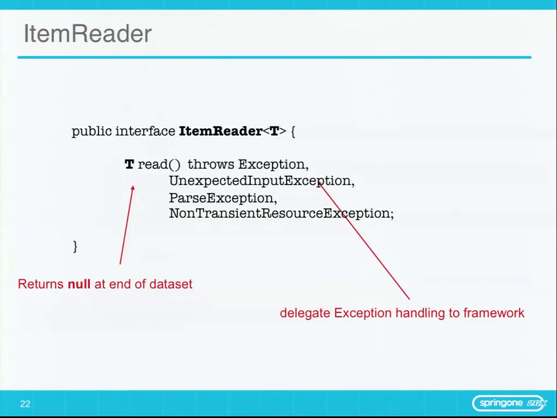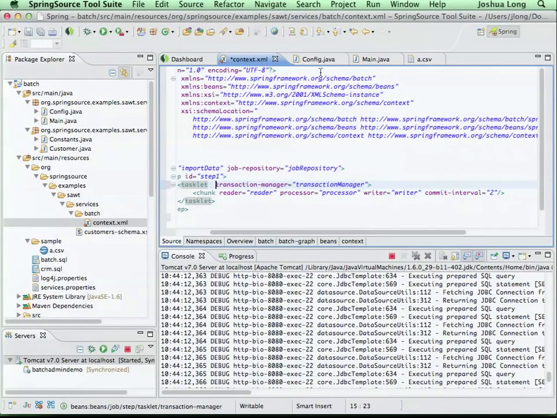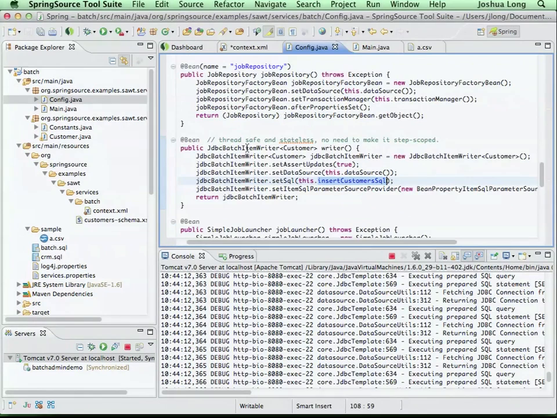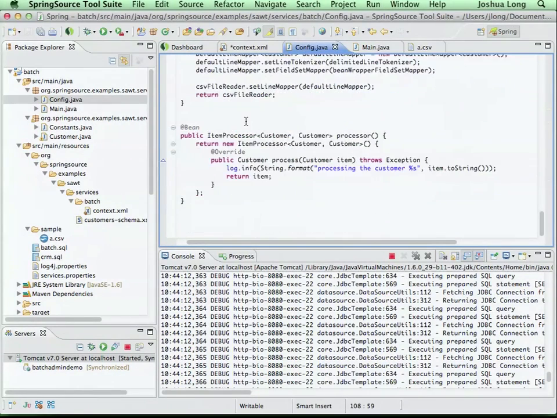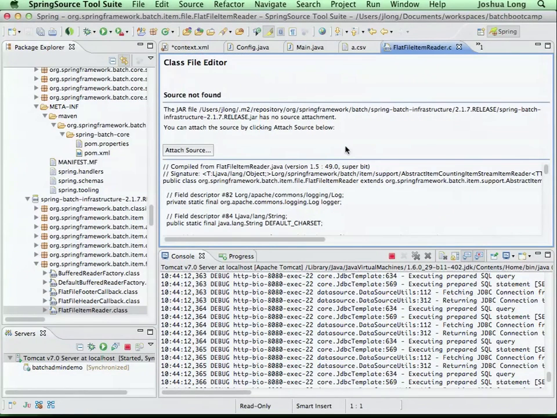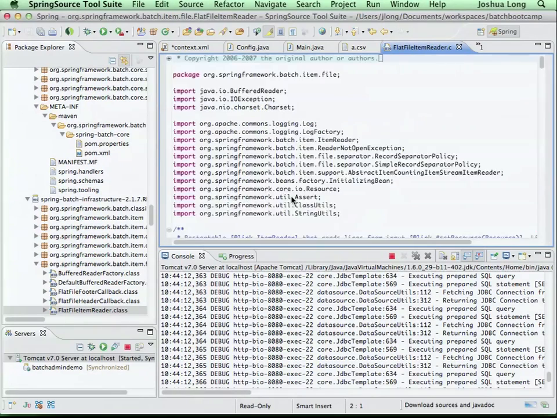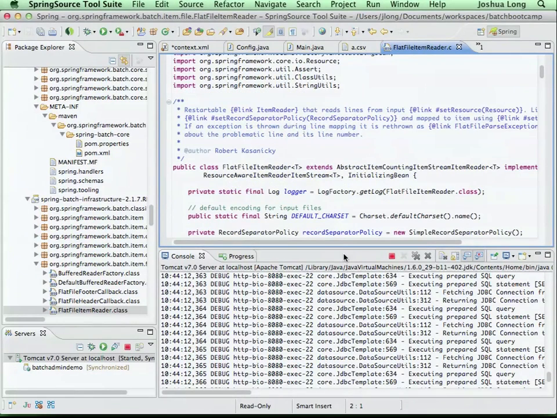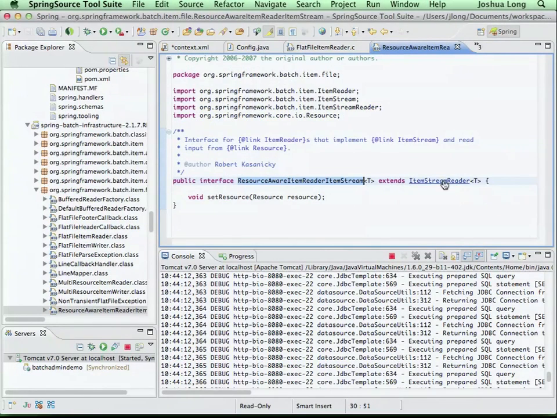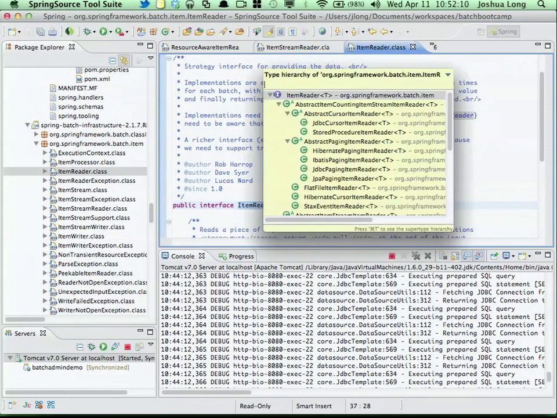I wouldn't recommend you start by thinking you're going to write your own item reader. If you go back here, you can see the type and all sorts of options out of the box.